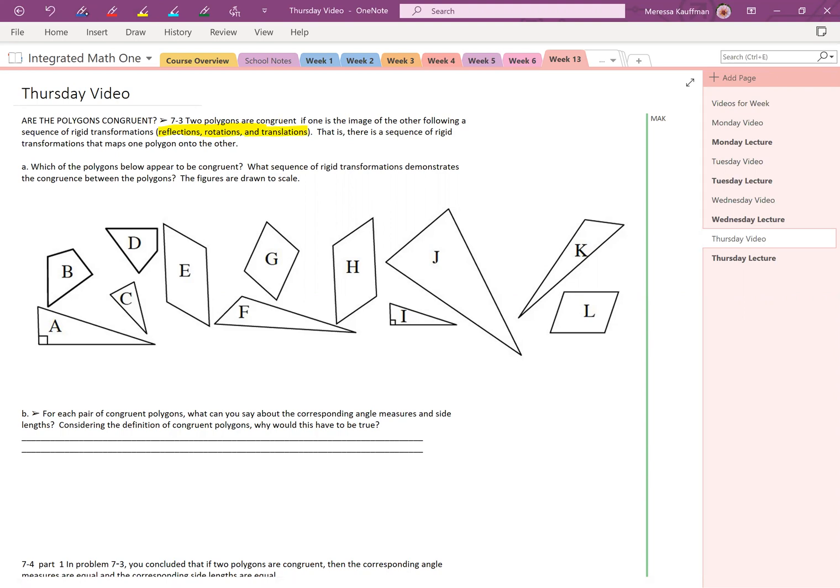And just to give you a little picture in your head, we had reflections, which we talked about were like a mirror image. So I have this shape on a plane that maybe looks like this. And then if I was to reflect it across the y-axis, it would look like this. So we would have a mirror image of that shape. And then rotation,